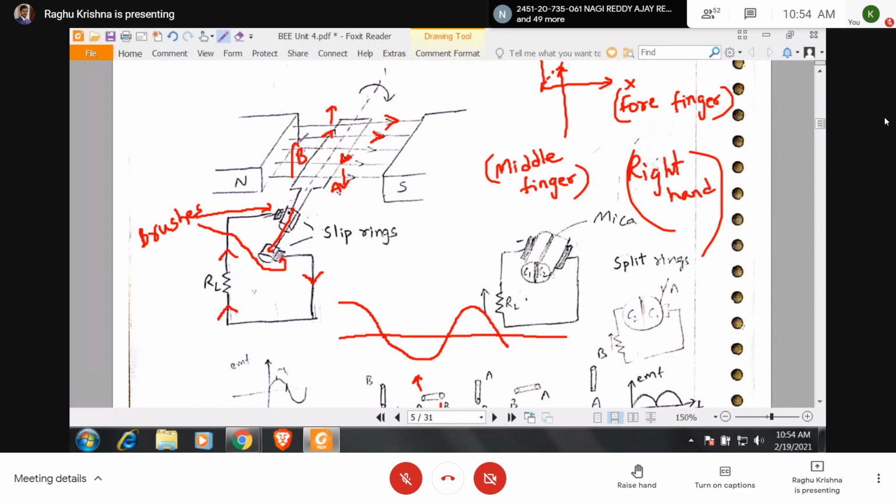If this becomes A, and if this becomes B, okay. So A will be connected to the first slip ring. I will draw a separate diagram. So here you must remember, B conductor is always connected to the first slip ring. A conductor is always connected to the second slip ring. After 180 degrees rotation, you can see that